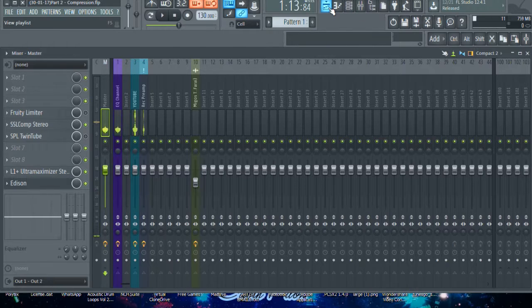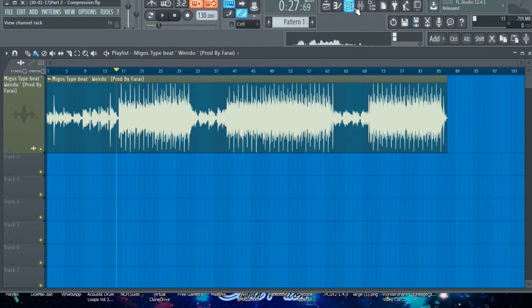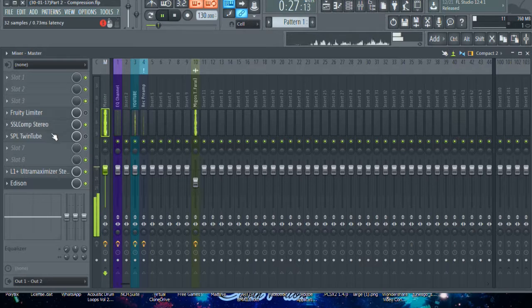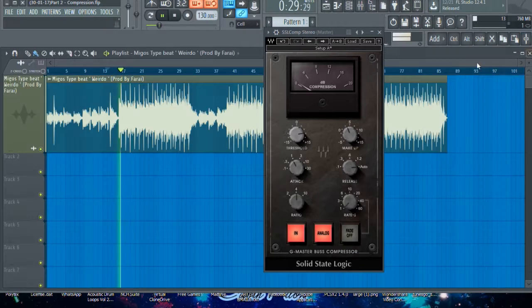So pretty much I'll just give an example quickly. I haven't really mixed any of this, but let's just check what happens. Okay, I am rapping on this beat like, yeah. So that's completely crushed. And this is on the master bus, so it's compressing everything. Let me just get back to normal. But if I was to apply it to the beat, let's say,